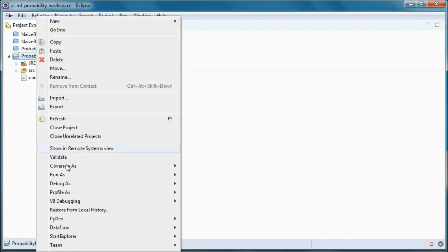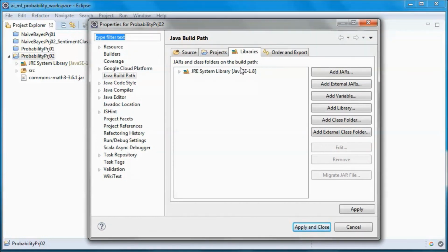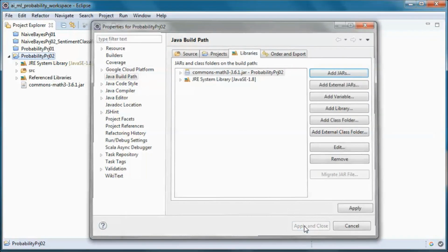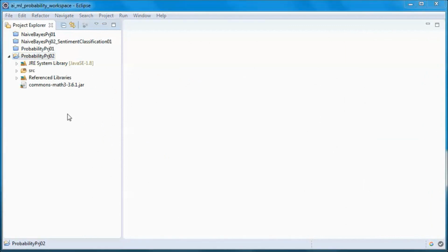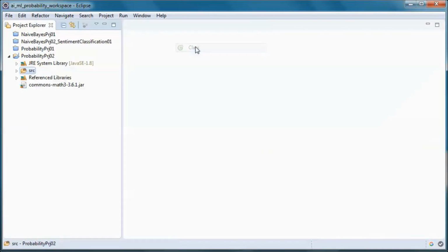So we go to properties and Java build path, and here we will have 5 classes.